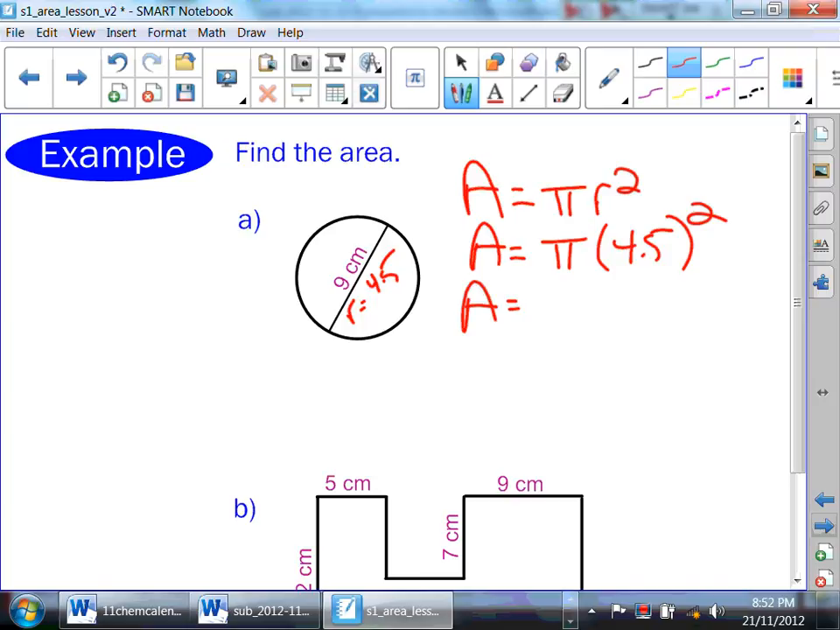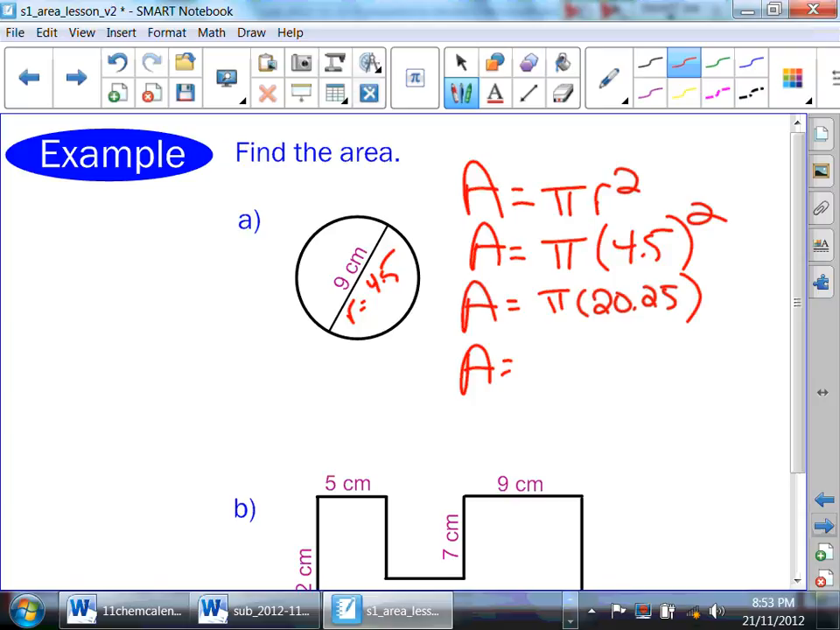What comes first? Multiplication or exponents? Exponents. So 4.5 squared is 20.25. Now to figure out the area, it's going to be pi times 20.25. So again, to use the pi button on our calculator, we press Shift, and then we press EXP, and then we get that string of numbers on our calculator, 3.141592654. So Shift EXP to press the pi button, and then multiplied by